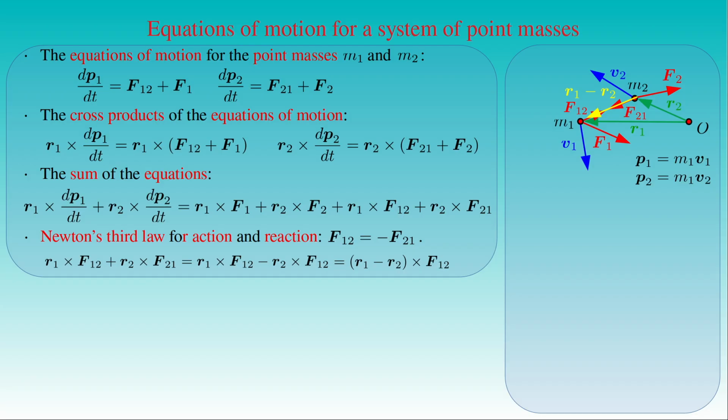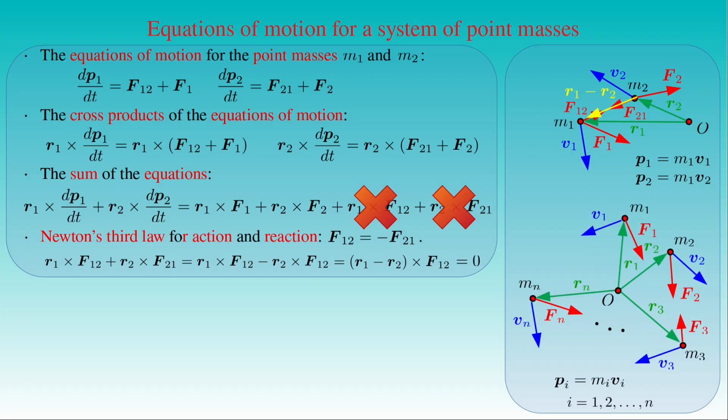As a result, the cross product in the right-hand side of the equation vanishes, and the sum of the cross products of the position vectors and the equations of motion reduces to the equation stating that r1 cross the time derivative of p1, plus r2 cross the time derivative of p2, is equal to r1 cross F1 plus r2 cross F2. We can follow the same procedure in the general case, and we can prove that for a system of